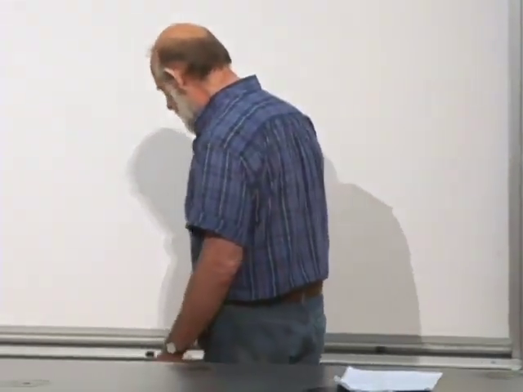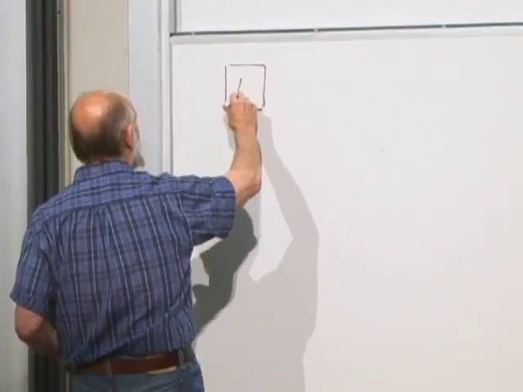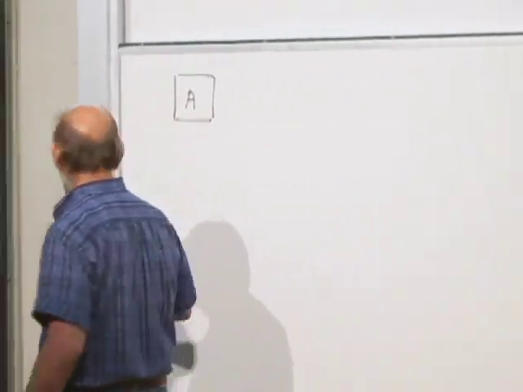Instead of a heat bath of arbitrary kind, it turns out to be simplest. This is a mathematical convenience, not a deep fundamental point. We could take the heat bath to be anything, but it turns out to be simplest if we're interested in a system that we will call A. The only thing about the system is we want it to have a lot of degrees of freedom. In terms of molecules, we want it to have a lot of them. That's the system. It has a collection of states.